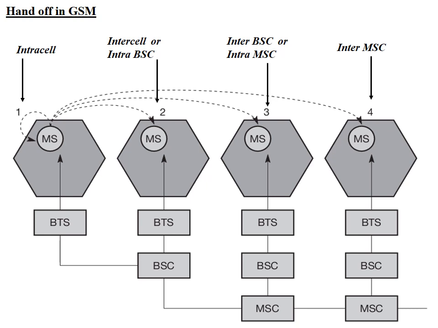Here the dotted arrow is in the same cell. That is, a mobile station is moving within the same cell. Such a transfer of the mobile station from one channel to another channel in the same cell is called an intracell